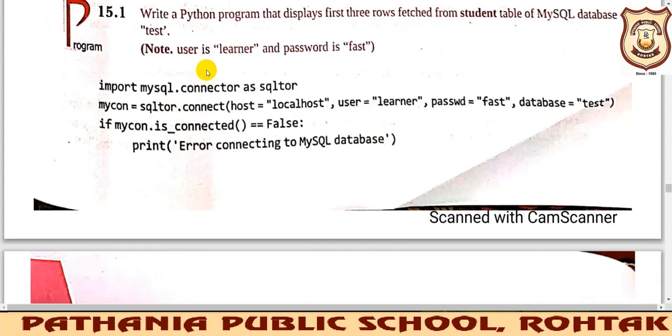Okay, so for that initially we need to start with the import statement. That will help the MySQL connector to connect with the database. This mysql.connector library or package is providing you the connectivity. Fine, so you need to import it first and you can rename it with the help of the as keyword. What rename has he done? sqltor. So now instead of writing mysql.connector, we'll be writing sqltor.